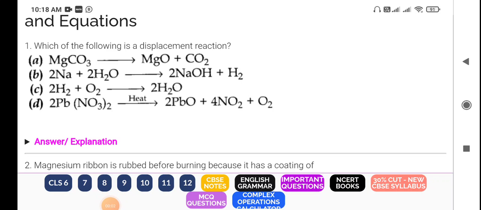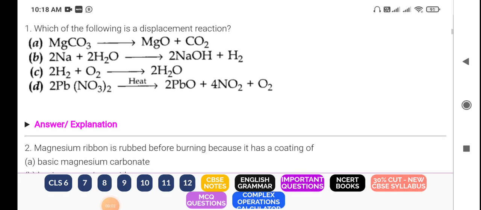Hello students, this is the MCQ, multiple choice question, objective type for the class 10th science. First, which of the following is a displacement reaction? MgCO3, magnesium carbonate, gives MgO plus CO2; 2Na plus 2H2O gives 2NaOH plus H2; and 2H2 plus O2 gives 2H2O;